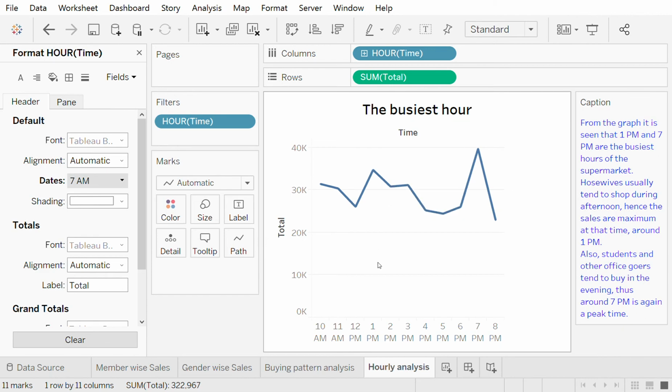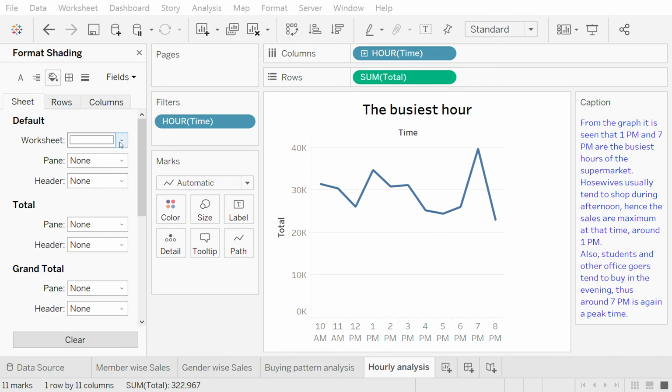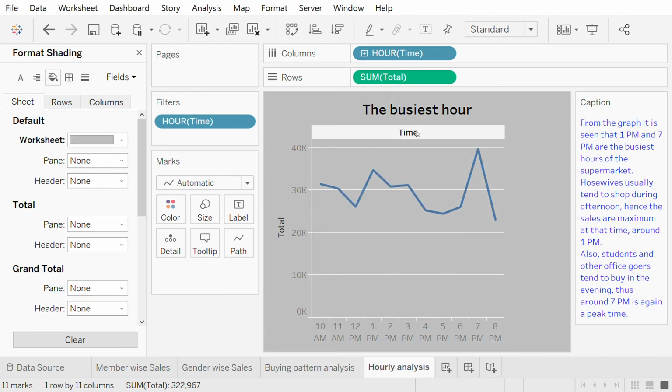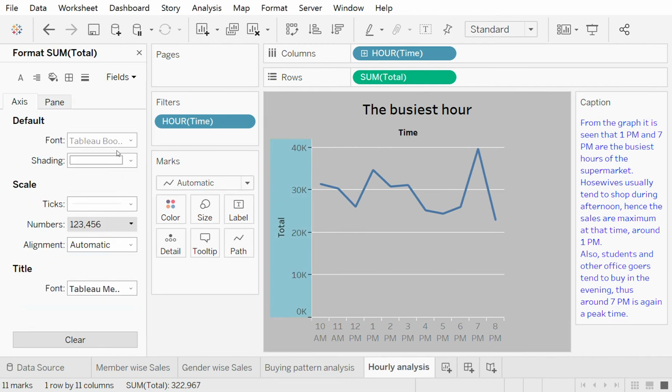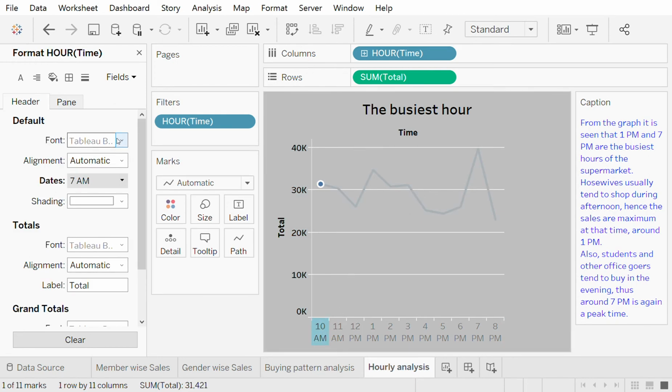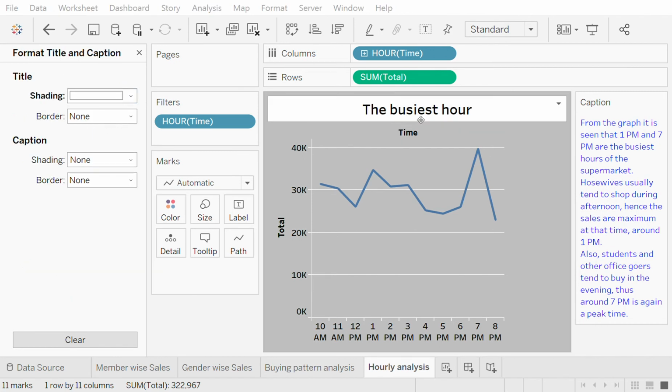Okay, so let me change the format of my worksheet and then select the gray, format to this, black and bold, even this and this. I would retain the color of this line as it is, and let me format my title, background black. So I'm done with all my worksheets, wherein we have done member by sale, gender by sale, buying pattern analysis, and the busiest hour we have